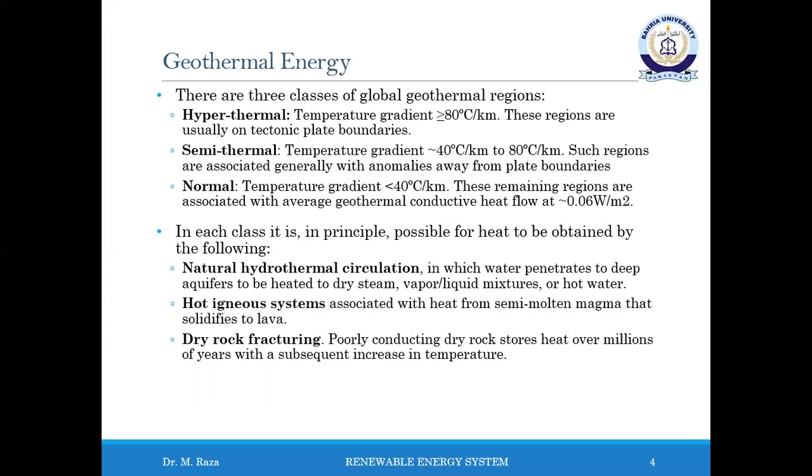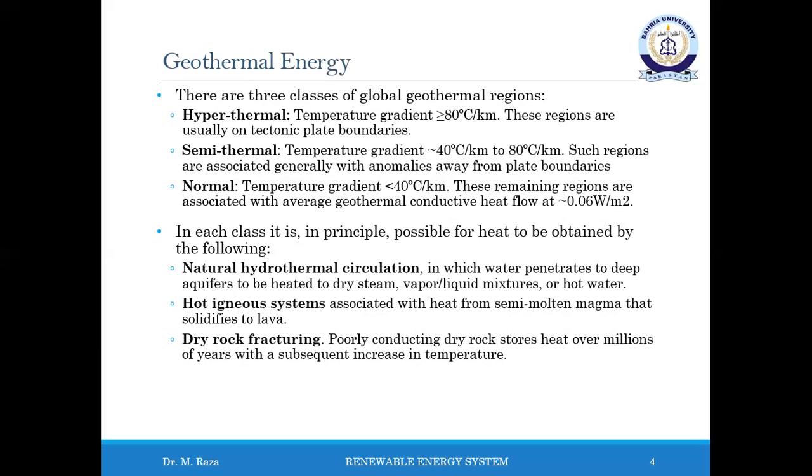These remaining regions are associated with average geothermal conductive heat flows at about 0.06 watt per meter square. It is unlikely that these areas can ever supply geothermal heat at prices competitive with present or future energy supplies. In each class, it is in principle possible for heat to be obtained by the following: